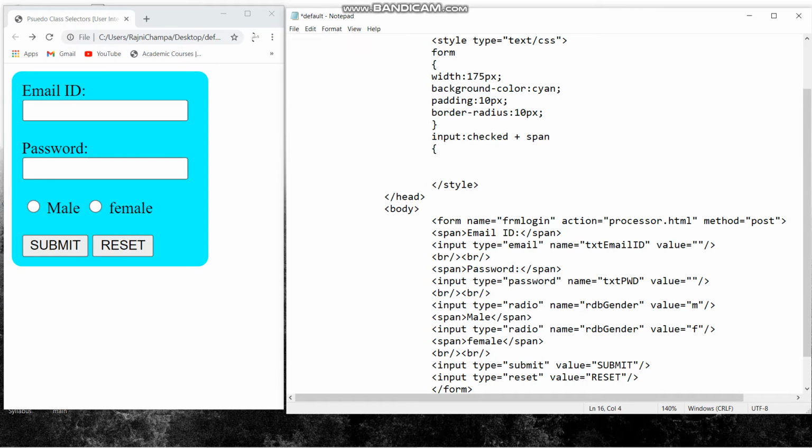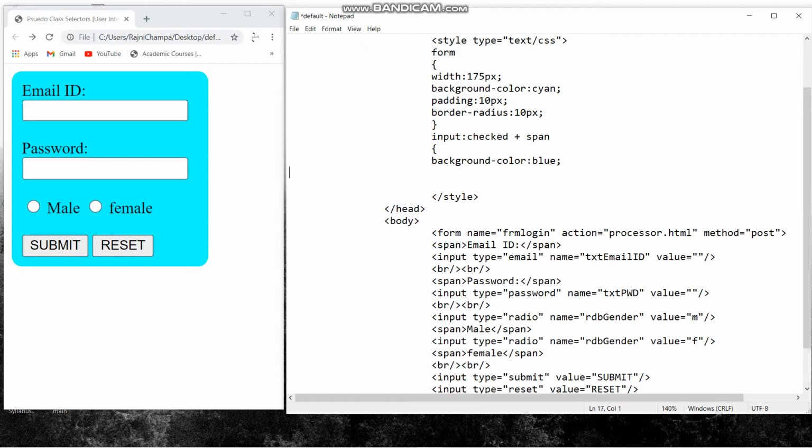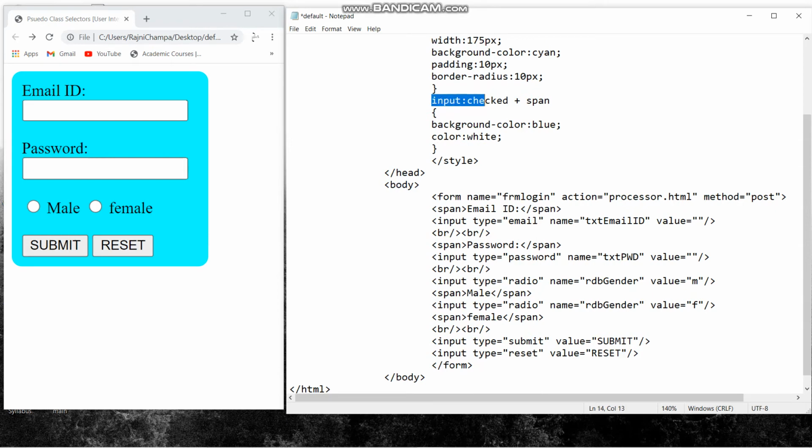Within the background-color after colon we are saying it blue, and color, that would be foreground color, is going to be white. The background color can be as I have shown for the input. So we are writing checked in the radio box. So what it will do is, first you can see that the span and the input are the siblings in the form tag given above, and we have written with the input that you can see above, input colon checked plus span, checked plus span.